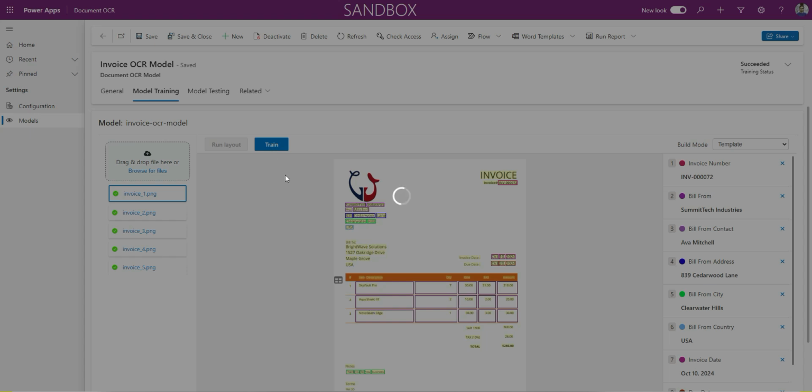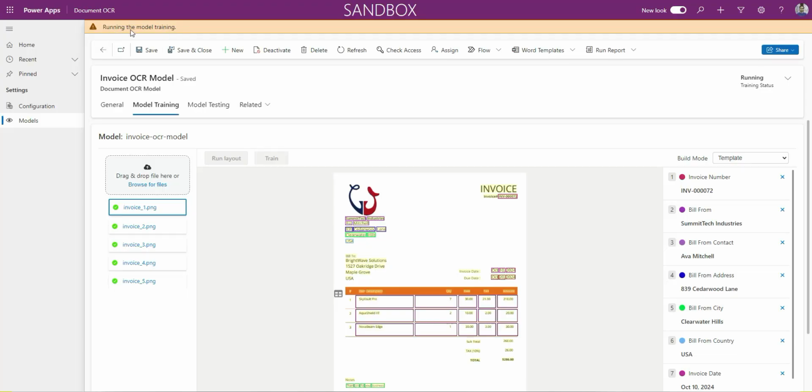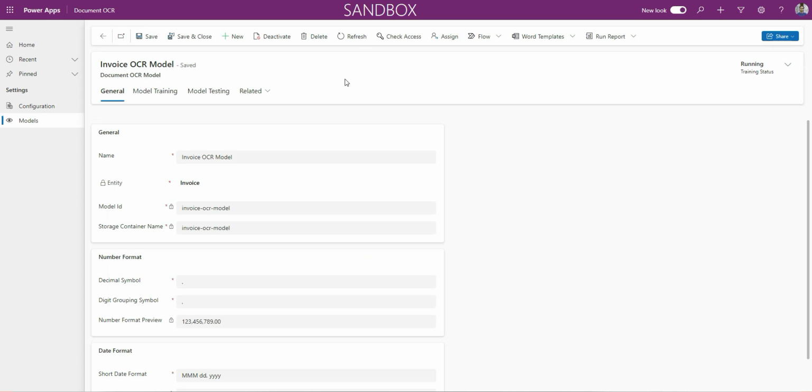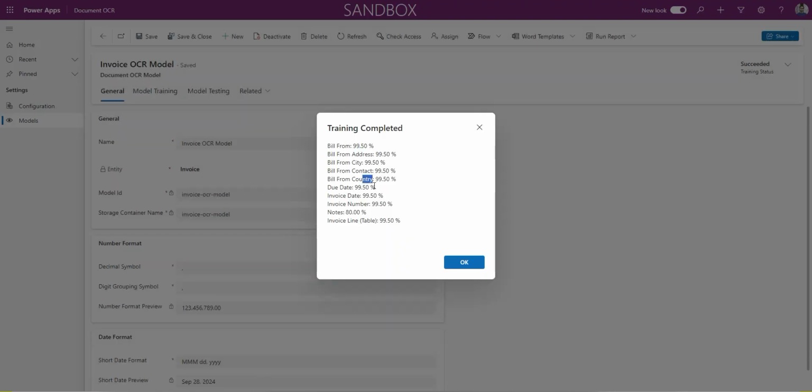A form notification confirms that the training is in progress. It may take a few minutes, so wait and then refresh the form. After refreshing, if the training is complete, a pop-up will display the accuracy percentage for each labeled data field. If some fields show percentages significantly lower than 100%, you can improve the accuracy by adding more training files and